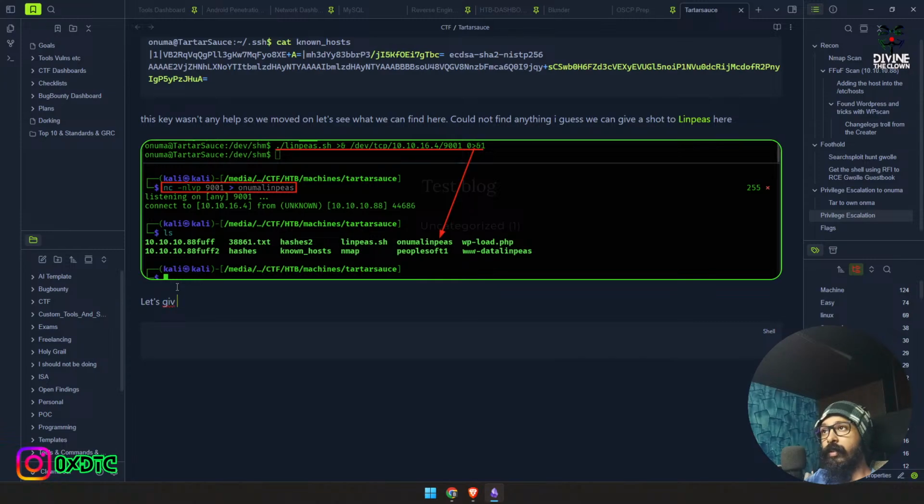Let's give it a read and see if we can find anything